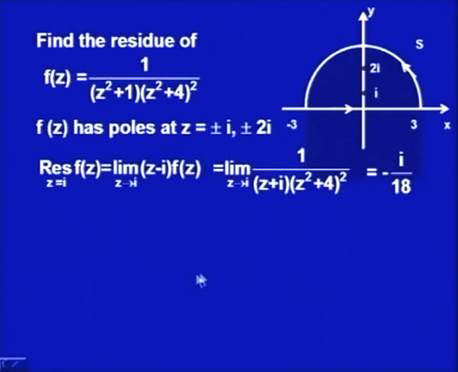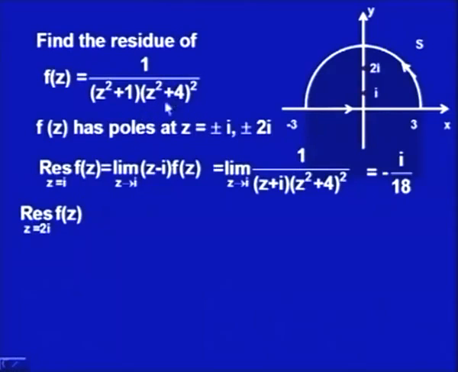Now, 2I is a pole of second order. That says this formula will not be applicable, rather we would use the formula for the second order pole, that residue at z is equal to z naught for an mth order pole is 1 upon factorial m minus 1, the m minus 1th derivative of z minus z naught into fz. So, here, because the pole is at 2I, we want the residue at 2I. So, z minus 2I multiplied with fz,